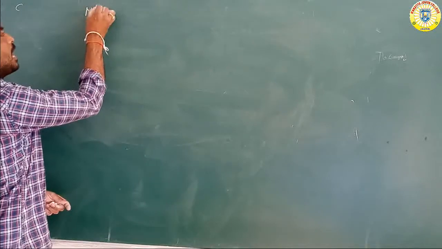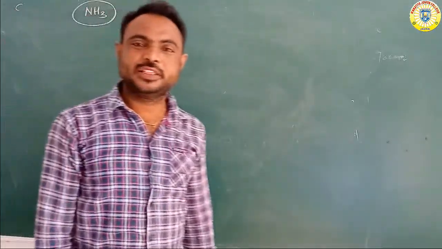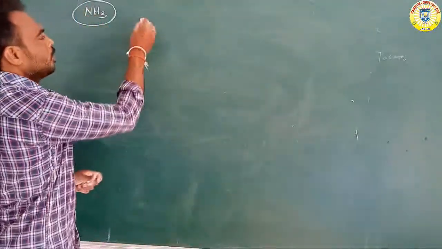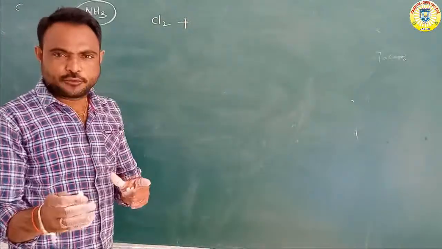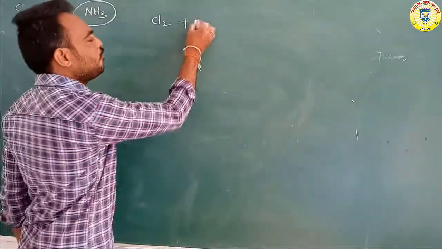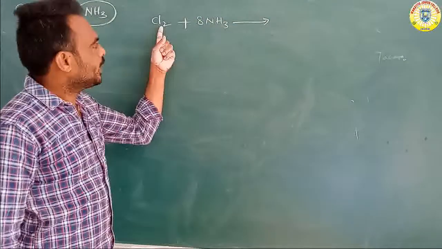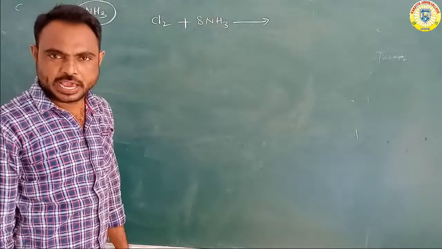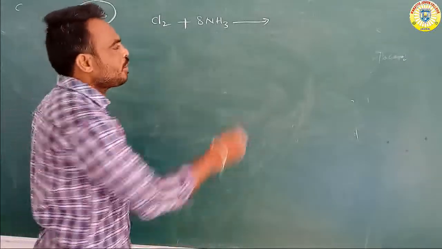Next further, chlorine reacts with ammonia. Overall, chlorine reacts with an excess quantity of ammonia, or 8 moles of ammonia, to form in this reaction